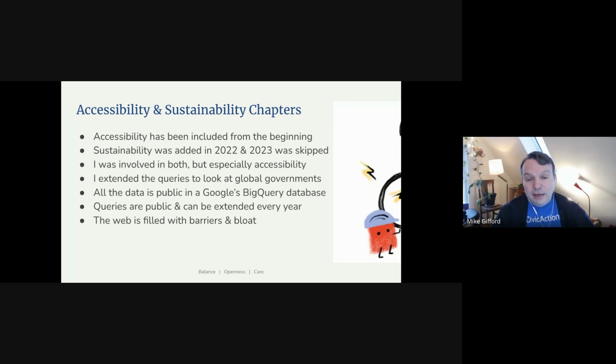All of the data right now is available in a public Google BigQuery database. So if you've got a Google BigQuery account and you want to investigate this information, you can get access to the queries that were run, because all of those are built into the report. You can get both the spreadsheets and the queries that were used to generate them. But if you have a Google BigQuery account, you can access the 72 terabyte data file and fine tune that to find out